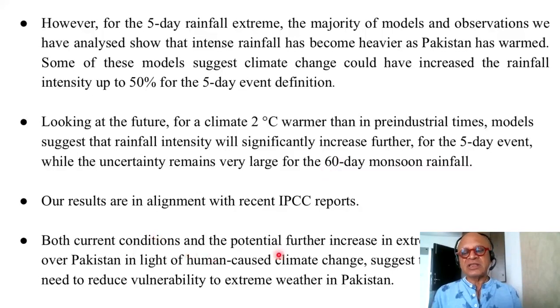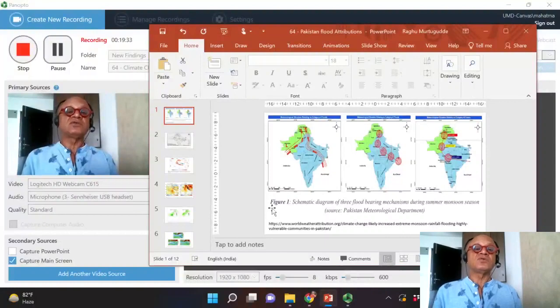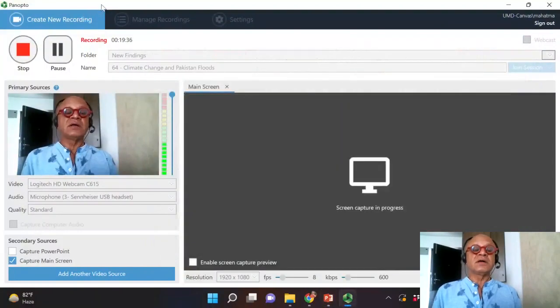Both current conditions and the potential further increase in extreme peaks in rainfall over Pakistan in light of human-caused climate change suggest that there is an urgent need to reduce vulnerability to extreme weather in Pakistan. This is true in any case. So